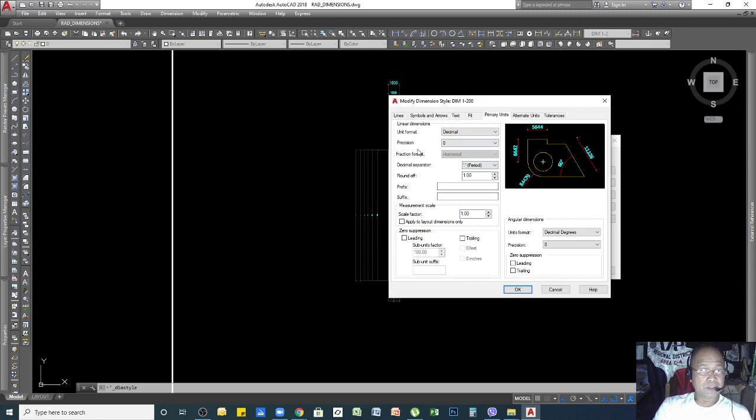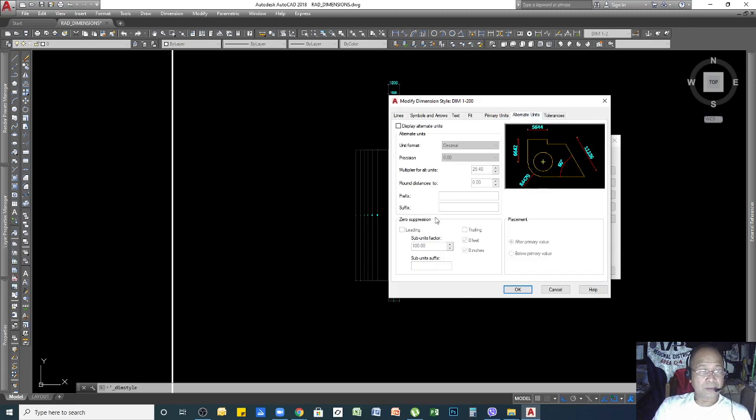If you want to put some decimal, you can click it here, but better to make it a whole number. So precision 0, meaning there will be no decimal point. Scale factor 1, and here no need to change, nothing to be changed here.